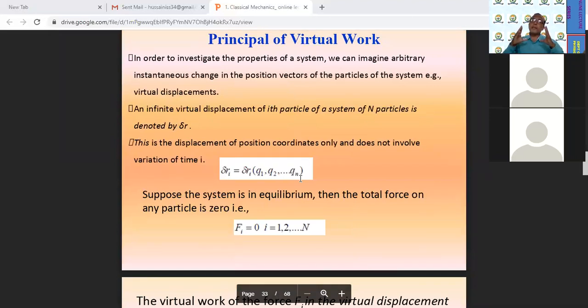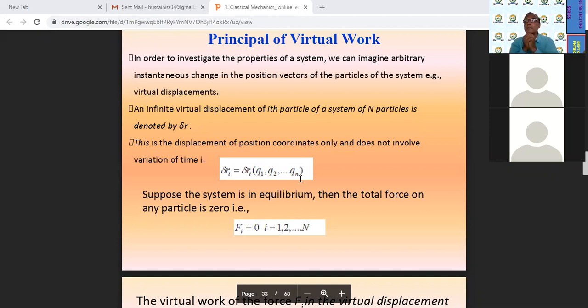So now I will go to the next article, principle of virtual work. Now, since the beginning I am telling you that in this particular chapter we are dealing with the particle, or we are also dealing with a system of particles. एक सिंगल पार्टिकल कंसीडर कर रहे, उसकी मोशन कंसीडर कर रहे, उसका एक जगह से दूसरी जगह जाना कंसीडर कर रहे, या simultaneously we can also consider a system of particles which is made up of a large number of particles.